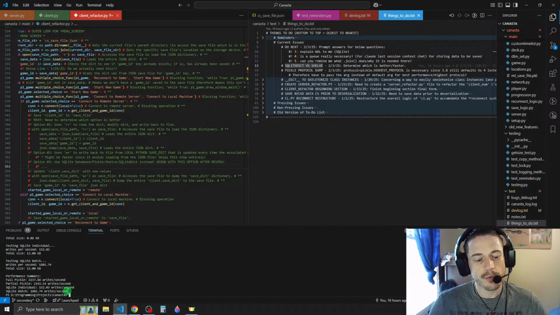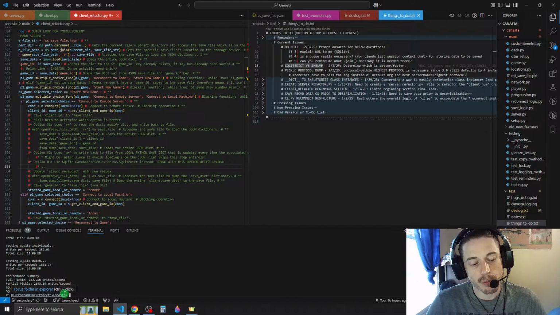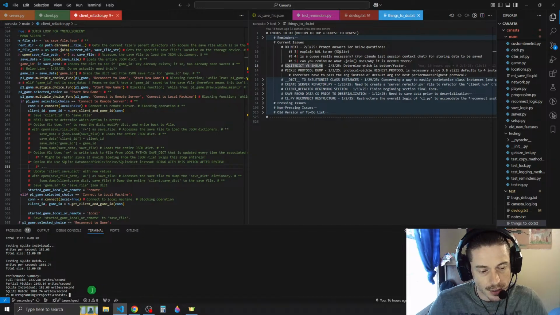Yeah, so it only needs 20 writes per second, and SQLite would absolutely be great for this. There would be no reason to use Pickle. Well, I mean, I guess you could say it would improve the performance of the game. It would be a lot better. And honestly, based on the speed of it,